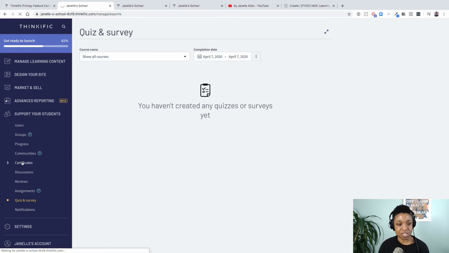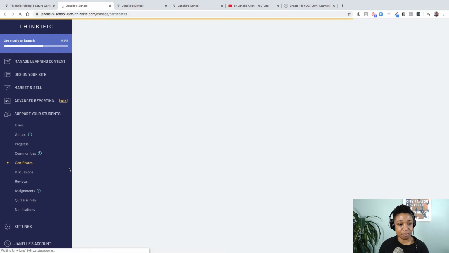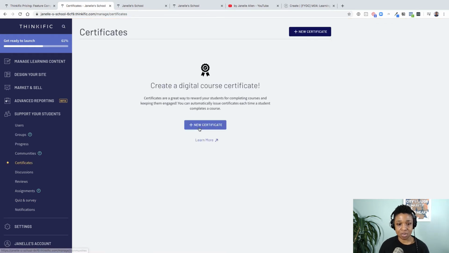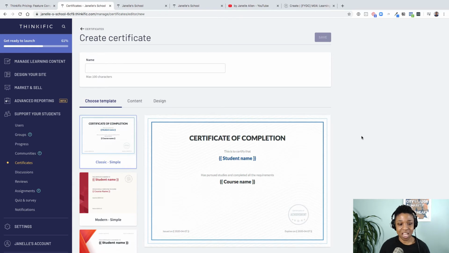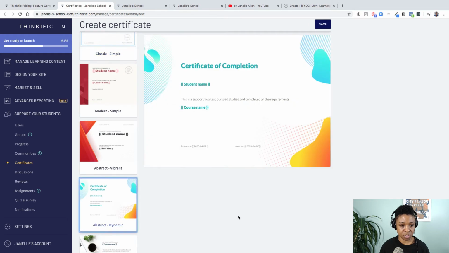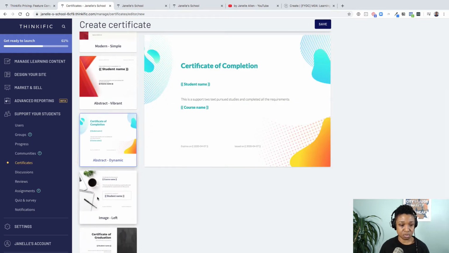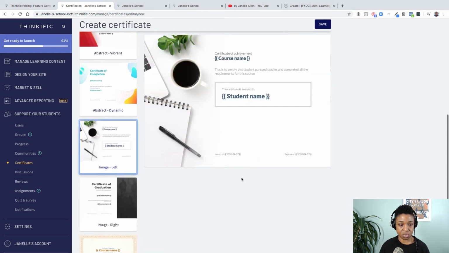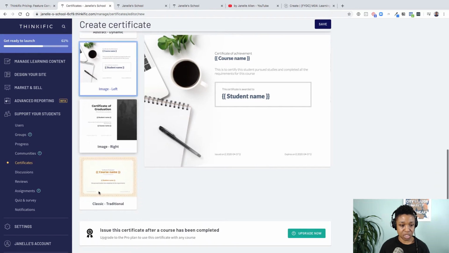If I want to create a certification program, I would pop into certificates here and I can go create a new certificate. This is now native to Thinkific. You used to have to use an integration. So I can pop in here and go test certificate and choose the design. Let's see. Oh, this one looks pretty cool, right? So that one's cool. This one's cool. So we've got some pretty cool options, and this is only going to be issued after the course has